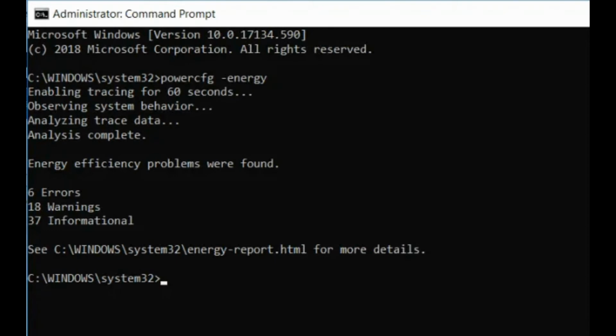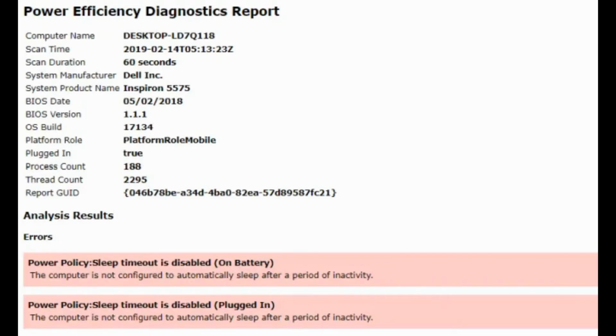Run the command prompt as an administrator and type powercfg /energy to get a full power efficiency report. The process can take up to about a minute, but when it's done, you will see whether there are any warnings or errors that might help you improve the power efficiency of your system. View the energy report .html file to see the details of those errors and warnings.